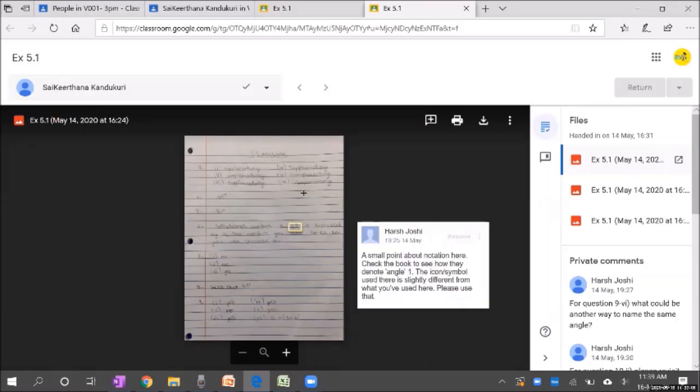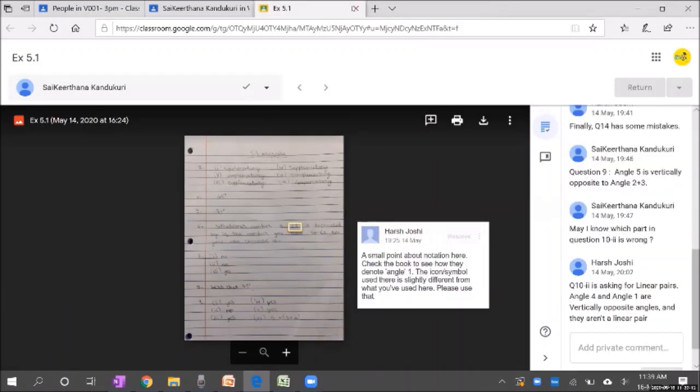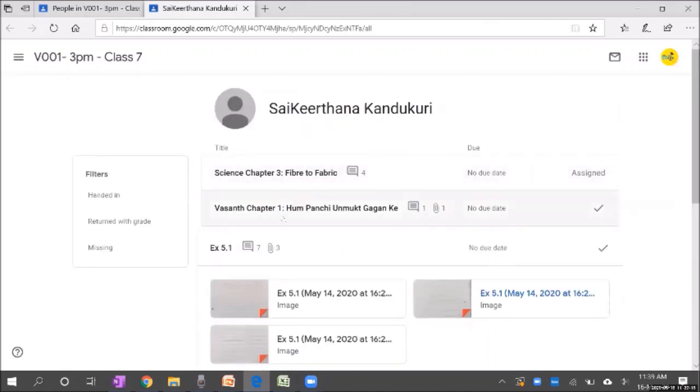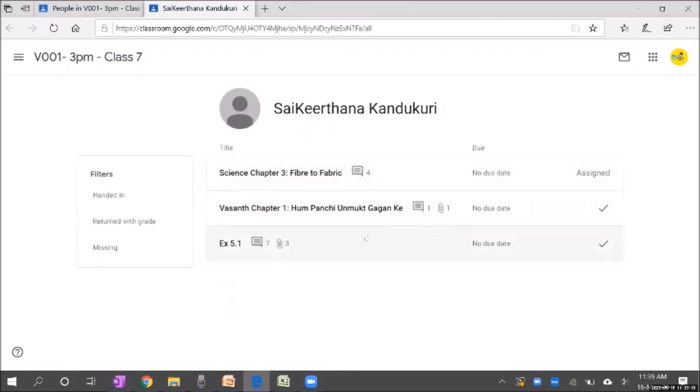So these are some of the submissions that the child has done. For every assignment which the tutor gives, if you see for this child, Sai Kirtana, all the assignments which she has done, they are at one place. These are the 3 assignments which she has done in the last 3-4 days. They are all at one place. Now the best thing is, in the app, even the parent can access the record of where all my child is doing well, not doing well, what kind of corrections have happened, and so on and so forth.